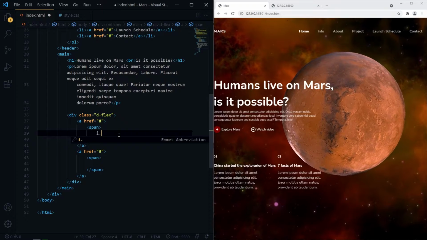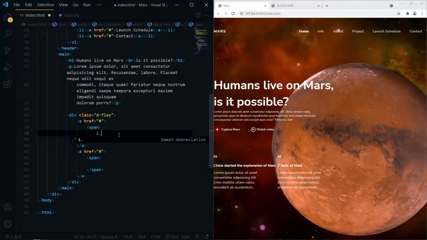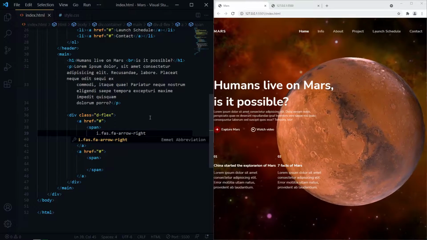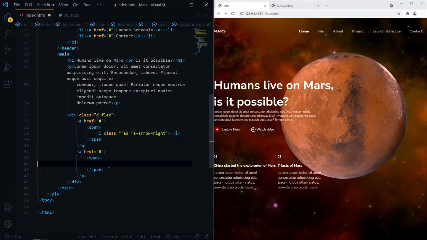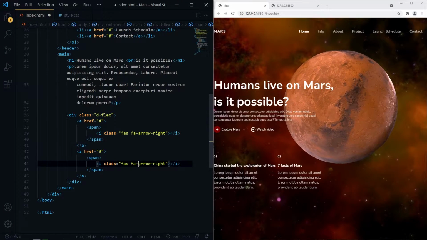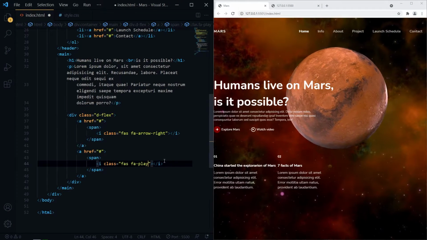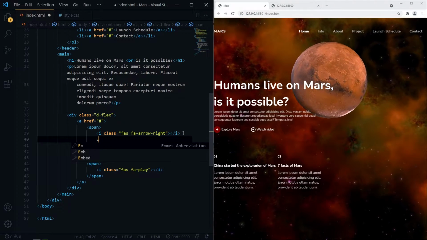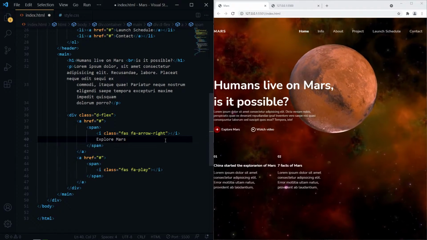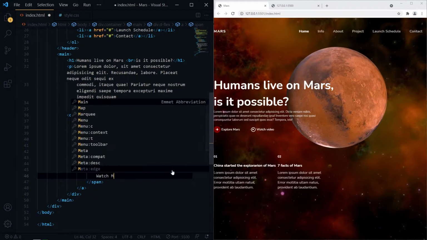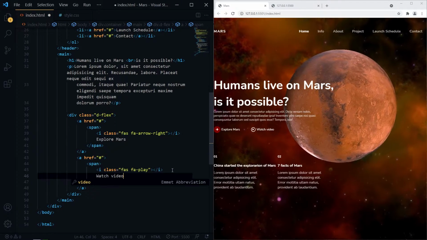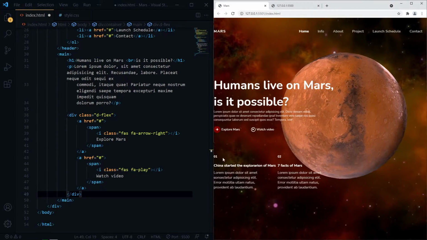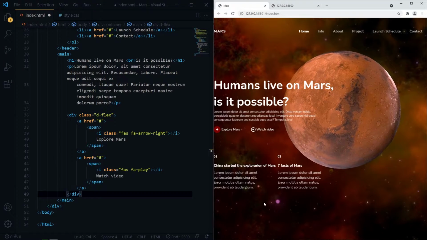Inside a span tag, we need the font awesome icon. And after that, we need the text. For the bottom contents, I will use OL tag once more and each item inside the LI tag.